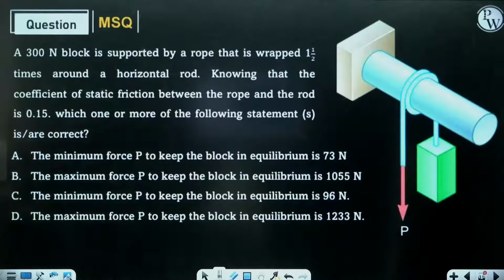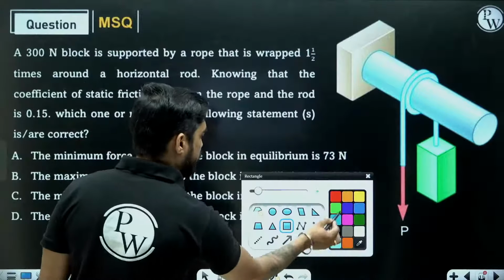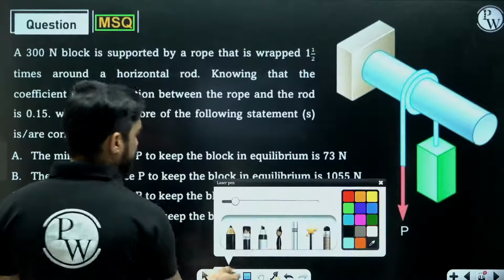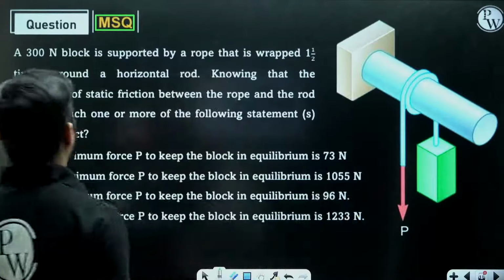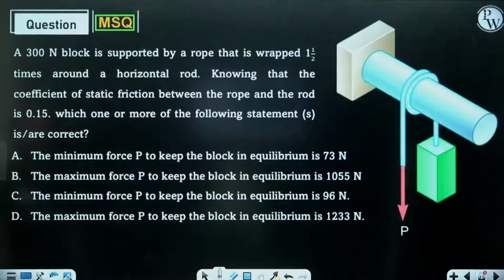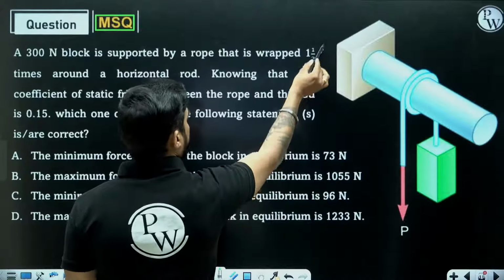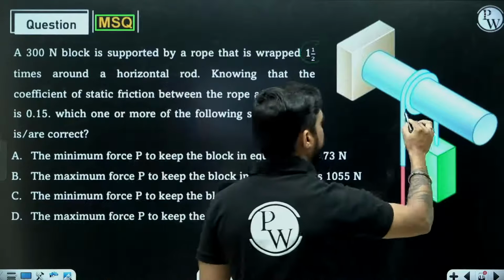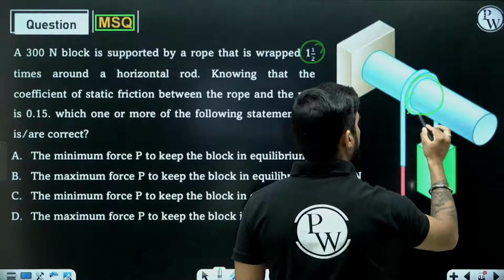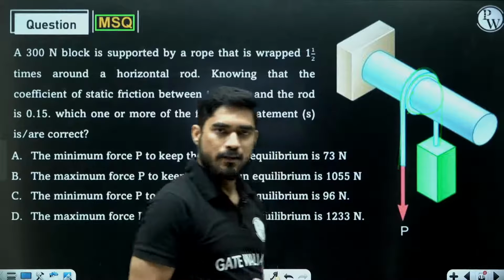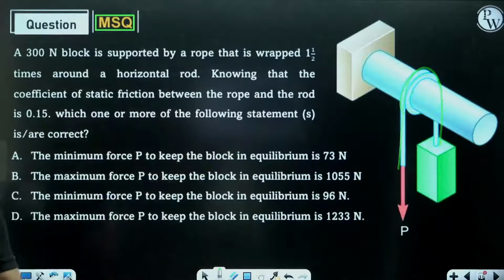This is the first problem, which is actually an MSQ question. A 300 Newton block is supported by a rope that is wrapped 1.5 times around a horizontal rod. Look at it. It is wrapped 1.5 times, meaning one complete time, and a second time only half. So 1.5 times it is wrapped around the